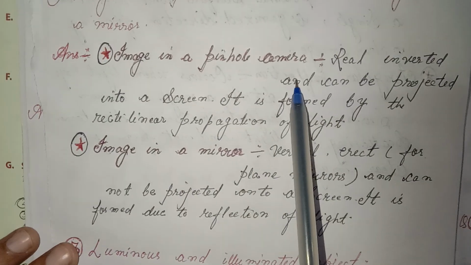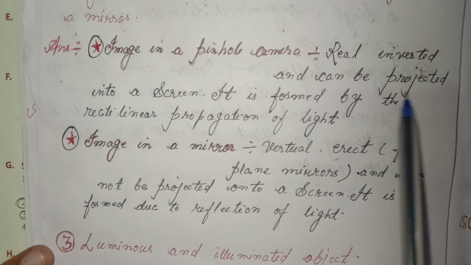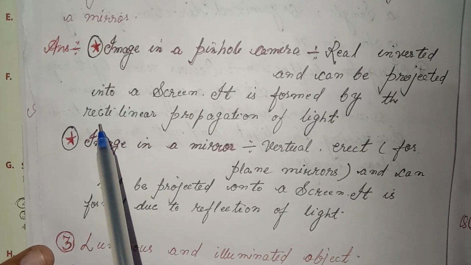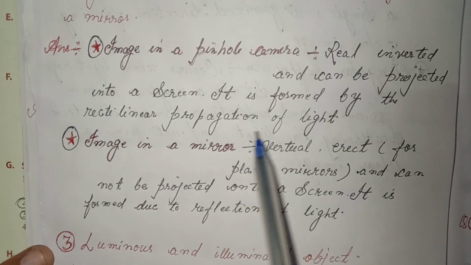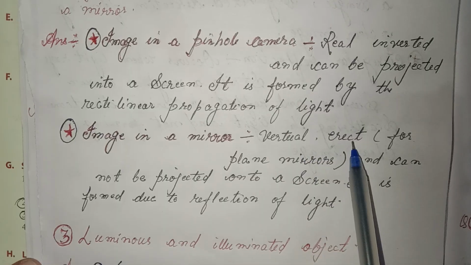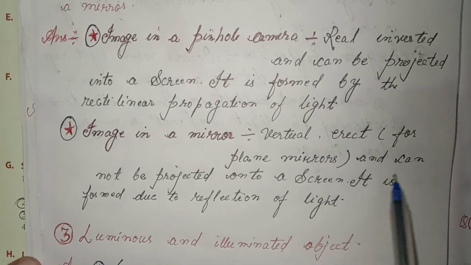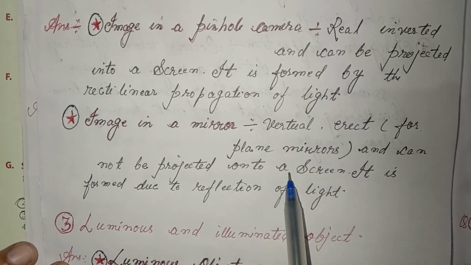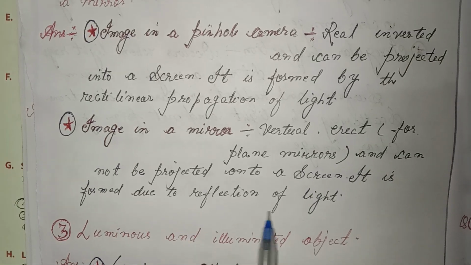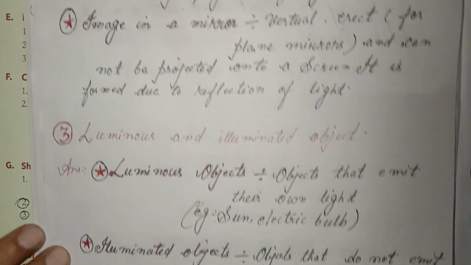Image in a pinhole camera: real, inverted and can be projected onto a screen. It is formed by the rectilinear propagation of light. Image in a mirror: virtual, erect for plane mirrors and cannot be projected onto a screen. It is formed due to reflection of light. Third,